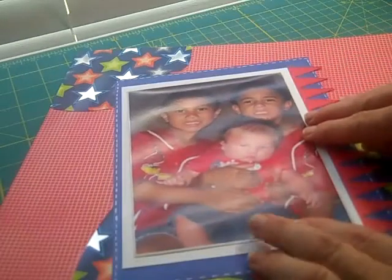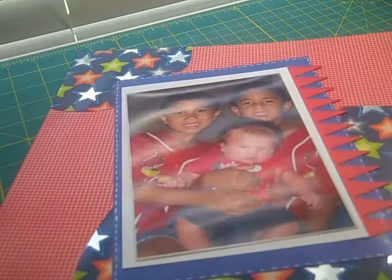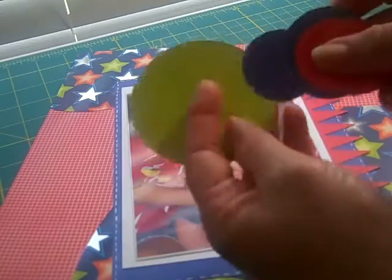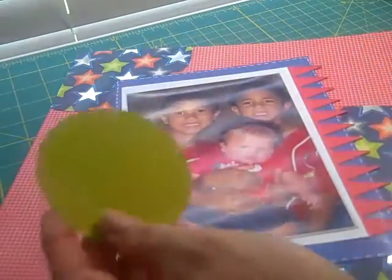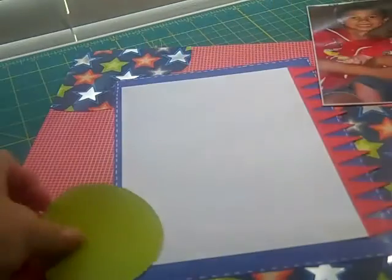Alright, and this is a sweet picture of my little grandsons that are going to go right there. But before we do that, I want to put on the balls, the little circles that we cut out. So I cut my circles out of coordinating colors, one large one and then a few of the other sizes. So I'm going to position those on here. I'm going to do that before